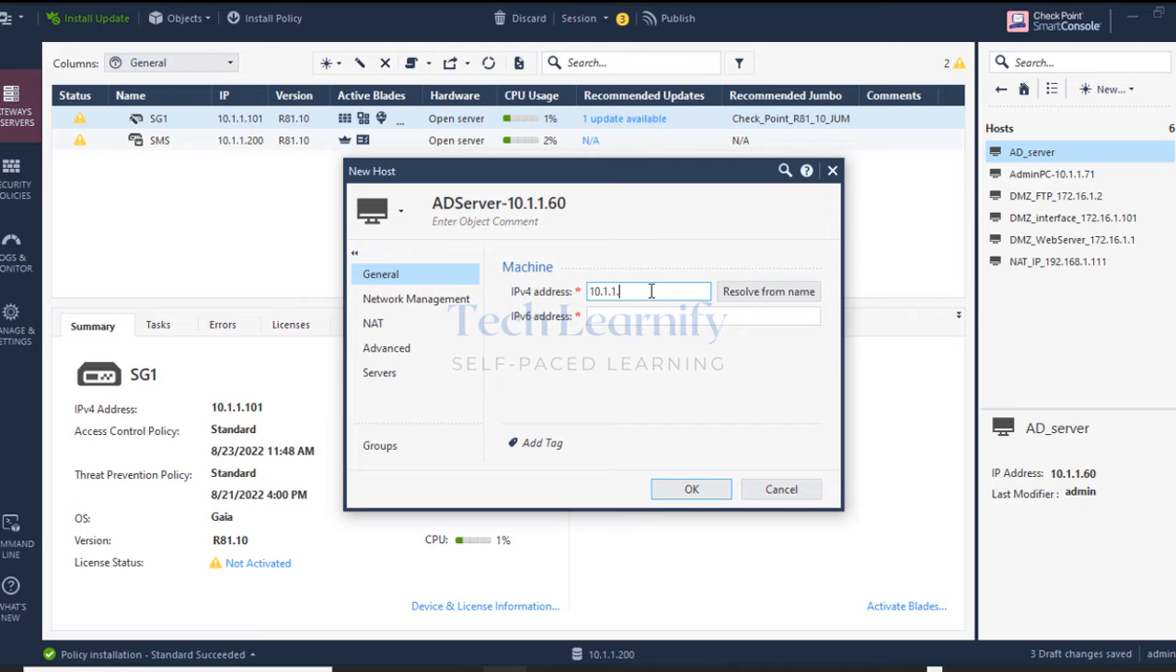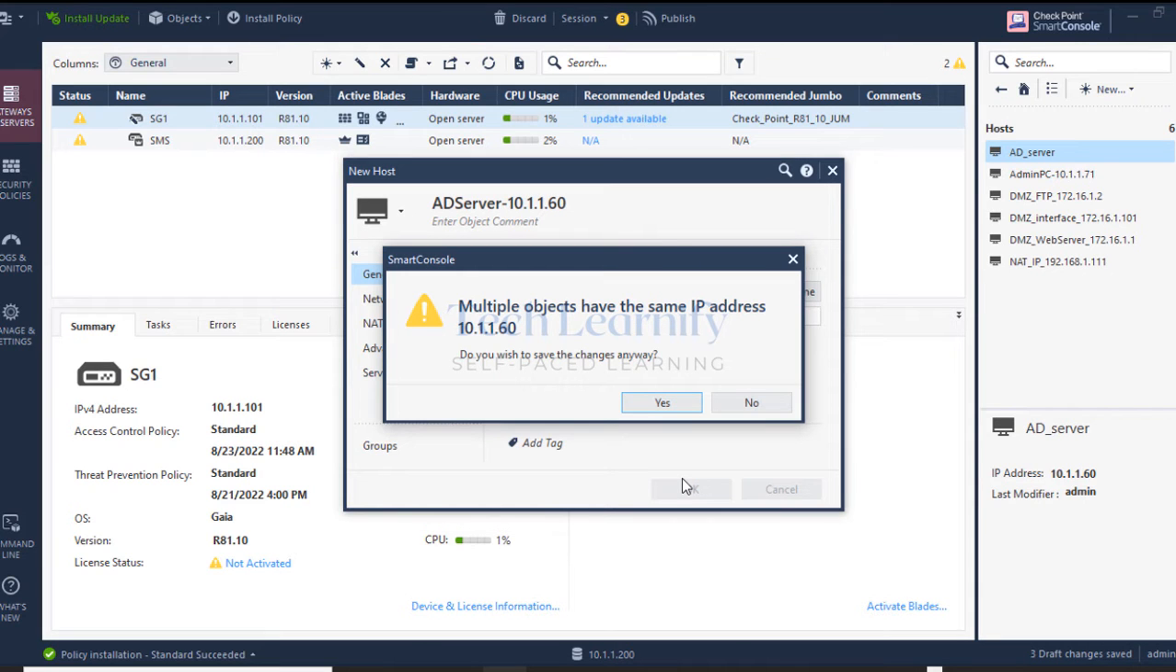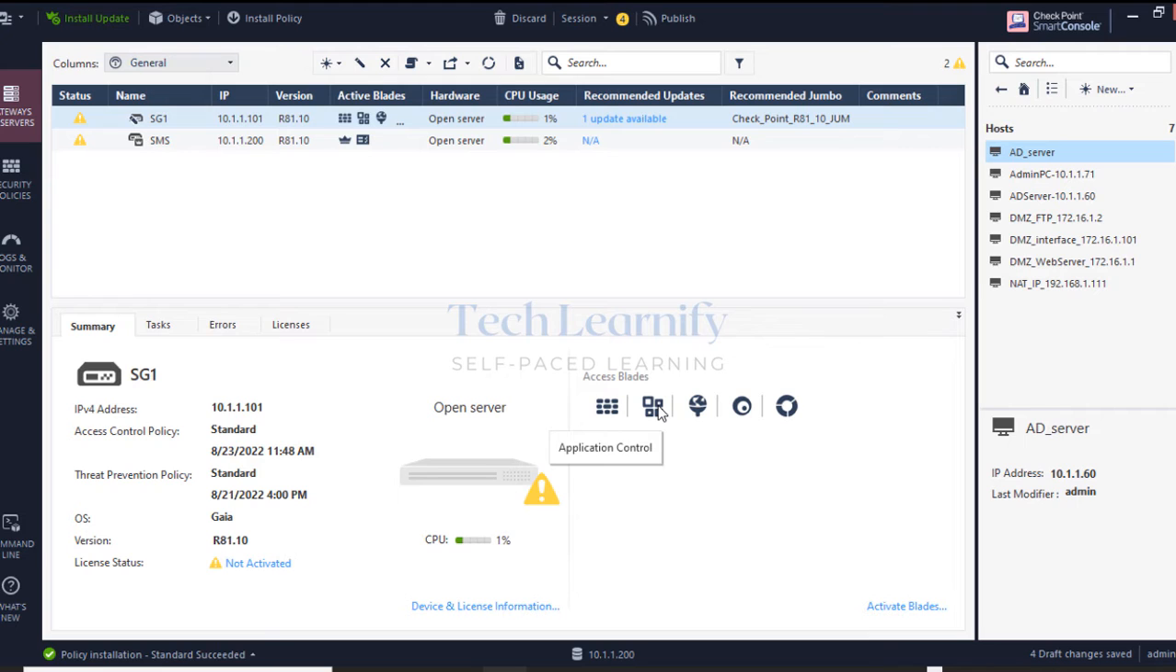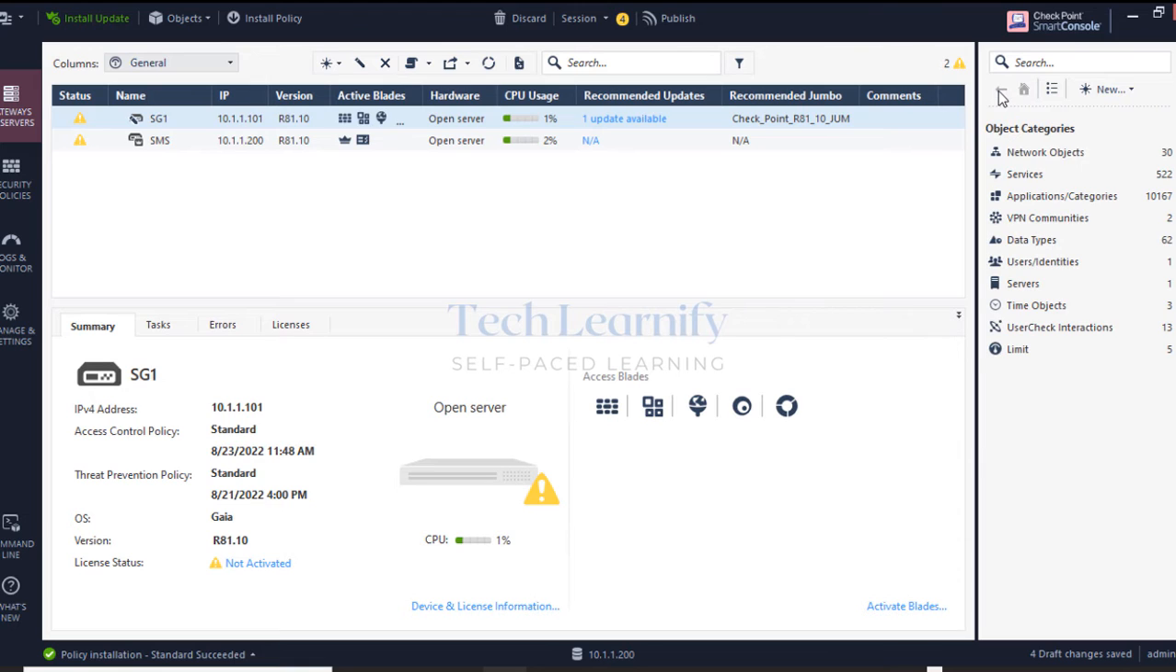10.1.1.60. So first step, very simple, just name and IP address. Step number two, create LDAP account unit. Do you want to save the changes? Yes, no problem. Even if the same IP is in use somewhere, no problem with that, right? So what next? Create